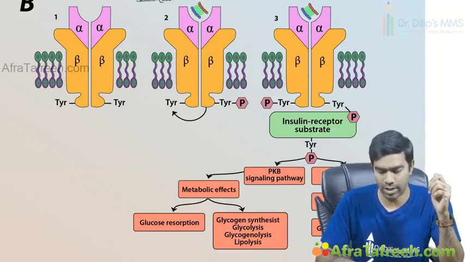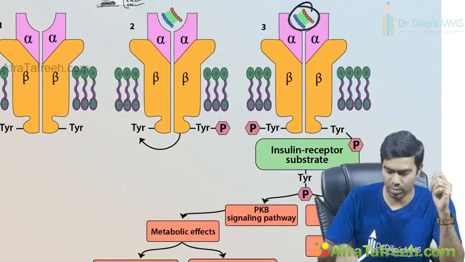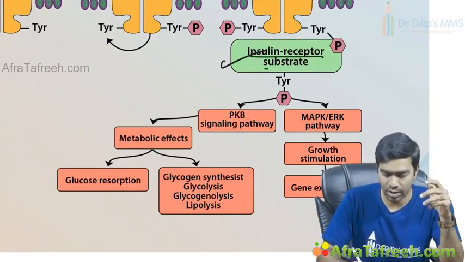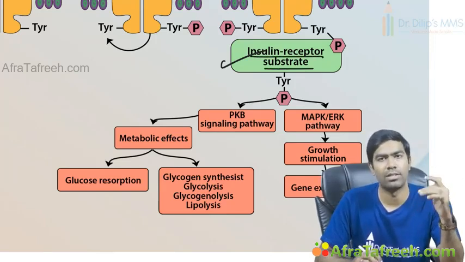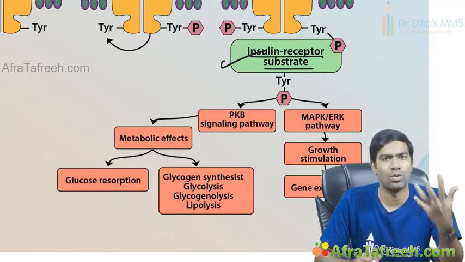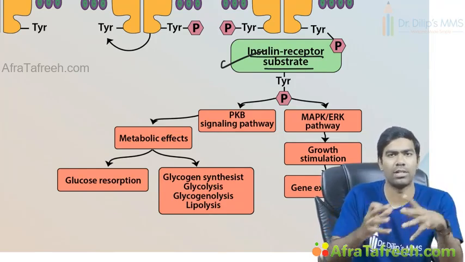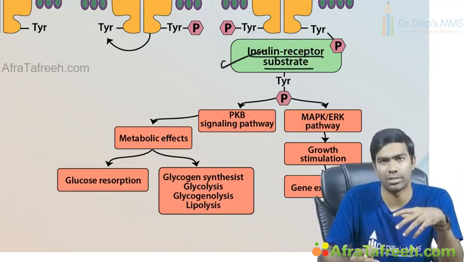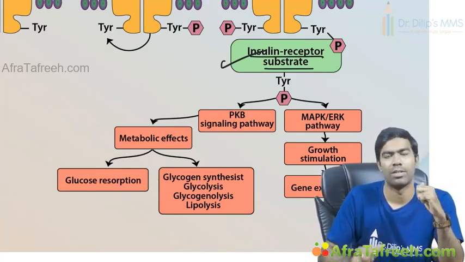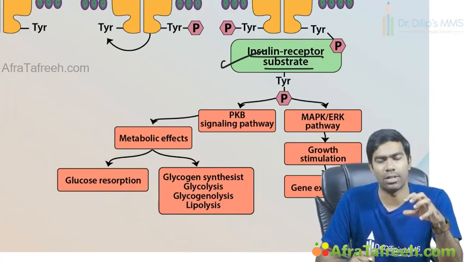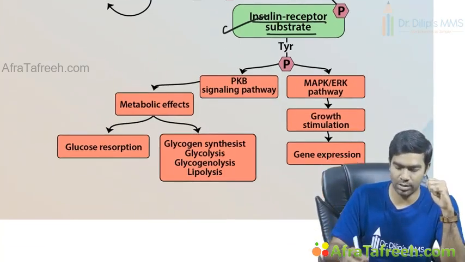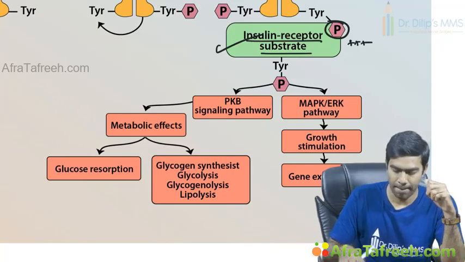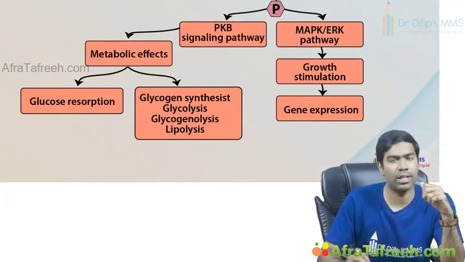So how is this insulin going to act? You can see once insulin binds, it's going to work through a pathway called the IRS pathway. This is called insulin receptor substrate. Just as you had the SOS protein, GRB2, all these are substrates for the other receptor tyrosine kinase. Similarly here, you have this insulin receptor substrate, IRS, which is a substrate for this insulin receptor. This is a receptor tyrosine kinase. Once this insulin receptor substrate is phosphorylated, which means it's activated, they're going to activate two pathways.